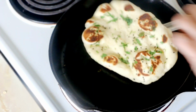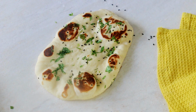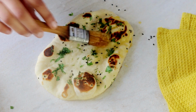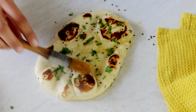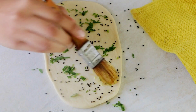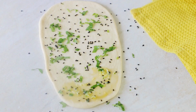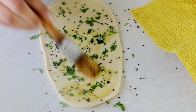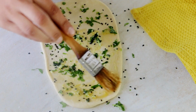Once cooked on both the sides, simply take it out and your plain naan bread is ready. If you apply some butter on top, that's how you make a butter naan bread. If you are intending to make only butter naan breads, I will also suggest you to apply some butter before cooking it as well. To make a garlic naan bread, after pressing down the kalonji and coriander leaves, simply brush